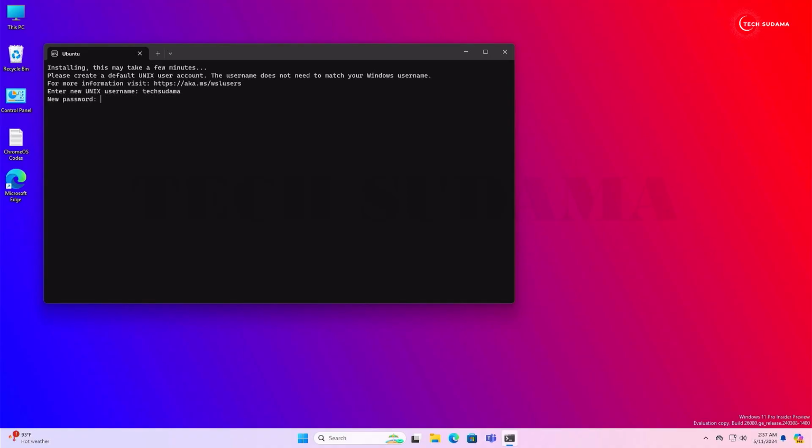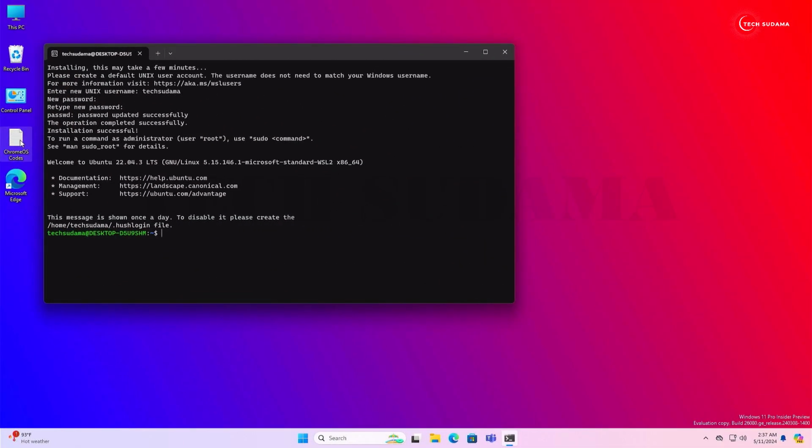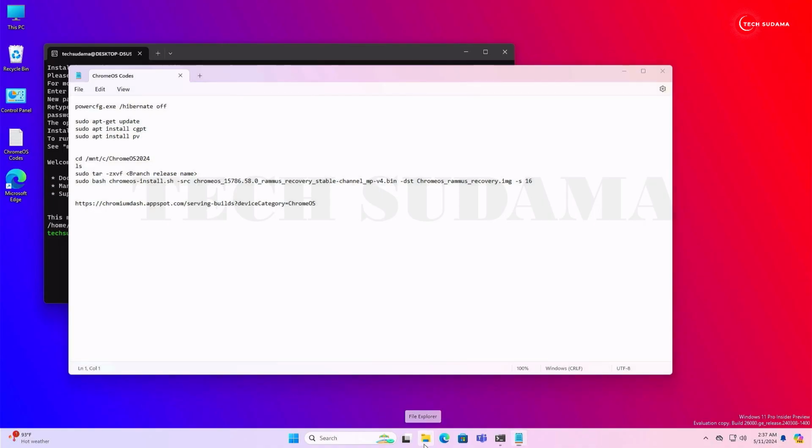Click on any key and here you'll have to choose a password, then click enter and re-enter the password, and click on any key. Password is set successfully. Now just wait a few seconds. Now it's done. Now you will have to open the ChromeOS codes and again go to File Explorer, go to